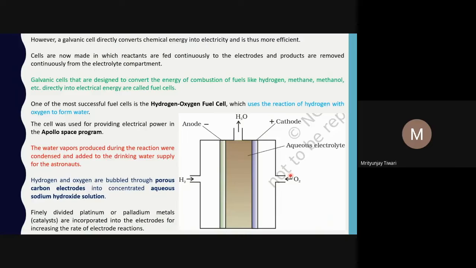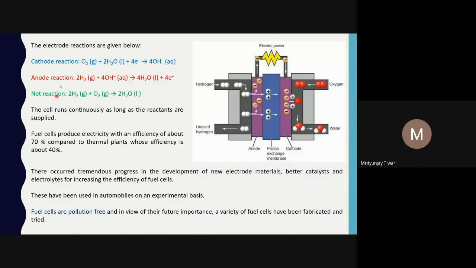Certain kinds of electrochemical processes or reactions take place, and for those reactions to take place, we also need catalysts. People are even designing and producing newer and more efficient catalysts, and research is still going on in this area. So the electrode reactions are given below. One can roughly write them like this.